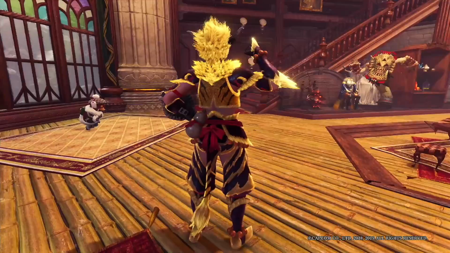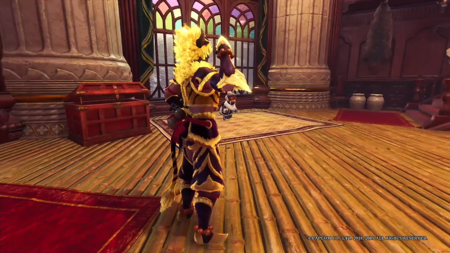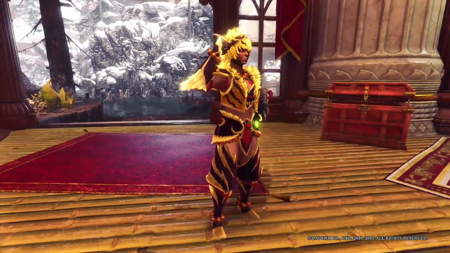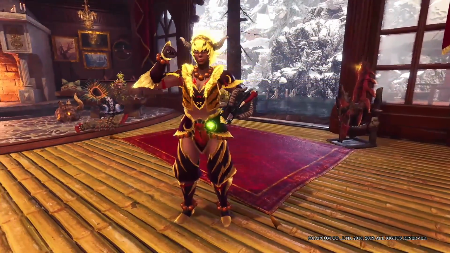Now, I do love both the alpha and the beta armor set. However, the beta armor set just wins by a little bit for me simply because of the fact that the hairstyle actually looks like a proper Super Saiyan in comparison to the alpha version. This is the beta armor set you're seeing, by the way, so this is the armor set that I prefer in comparison to the other one,